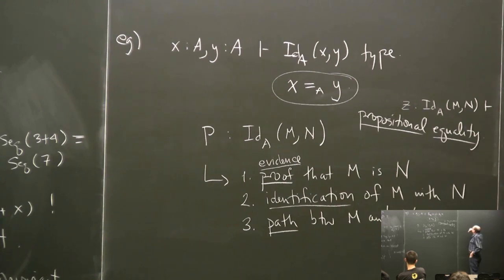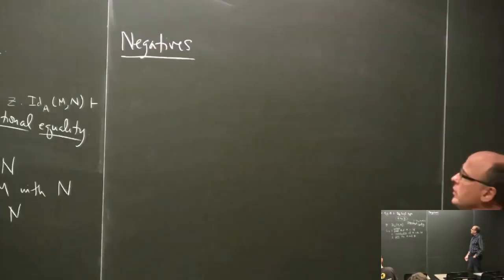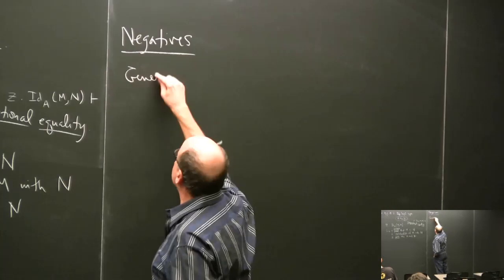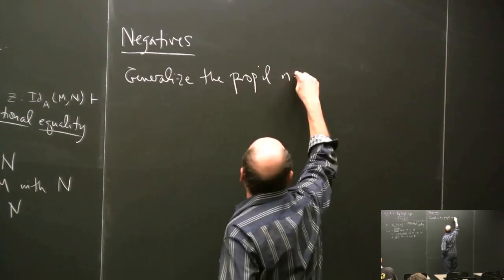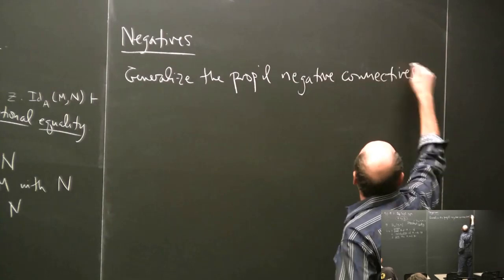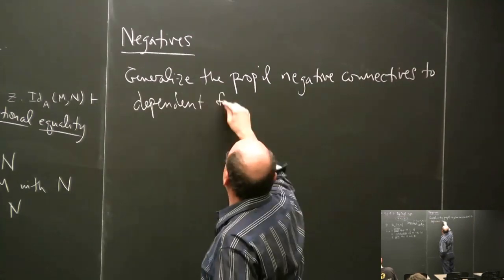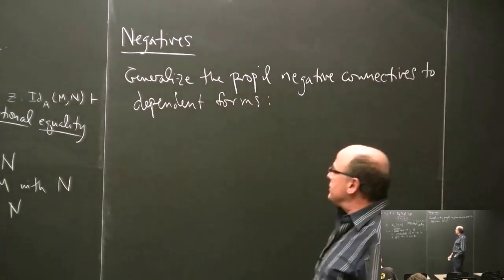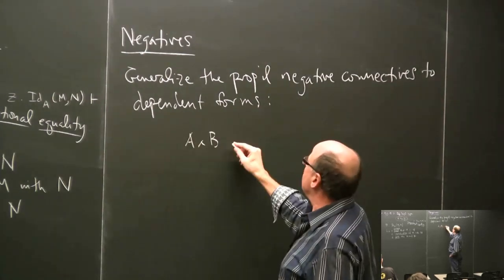Okay, so now what I want to do is review the type structure that we started out with, and I want to generalize the propositional negative connectives, what I call the negatives, to their dependent form. Some of you will be familiar with these forms, and they're going to be like this. So I'm going to generalize what I wrote as A and B, which is the same as